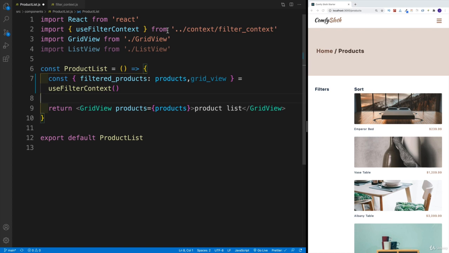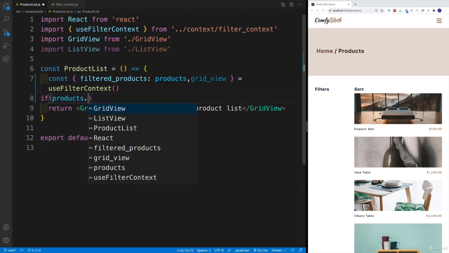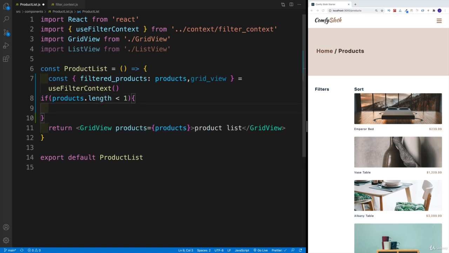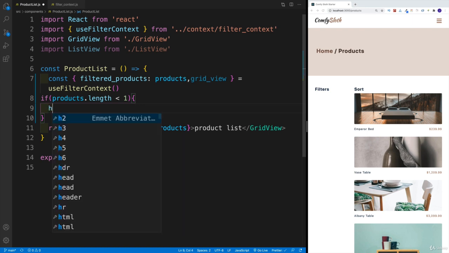Just remember that as we're going to be filtering, eventually there's going to be the case where this filtered products array is going to be empty. So if that is the case, then I would want to display some kind of text. And if it's not the case, then of course I'm going to go with either grid view or list view. So in here, let's say if product is having a length of less than 1. So if my filtered product array is filtered down to an empty array, then I would just want to return